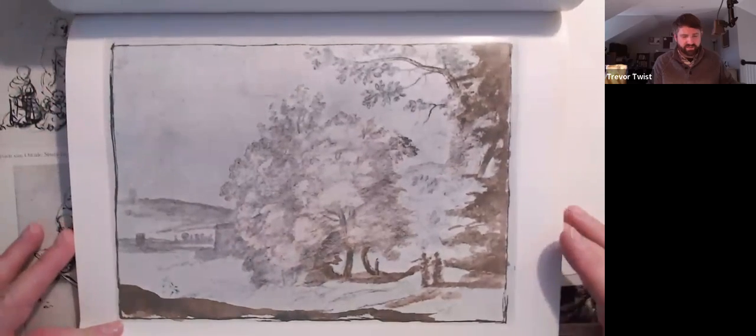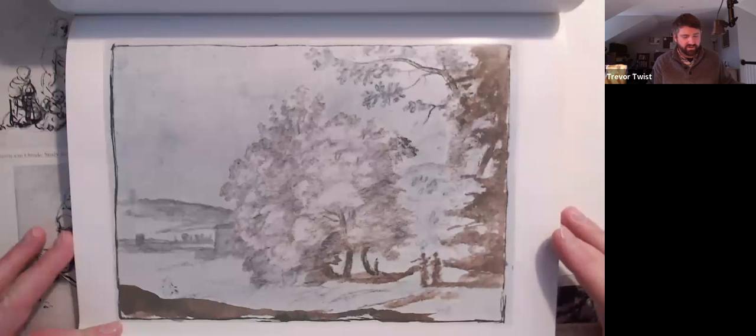Yeah, and there's this subgenre of his art of the blue paper with the white chalk highlights. This doesn't seem to have the highlights. But...